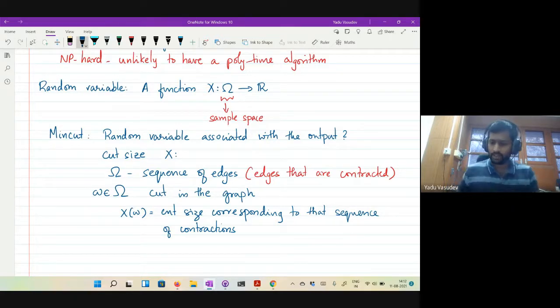So I guess you get the idea of what a random variable means. In a randomized algorithm, there is some random variable associated with it, and our job is to understand the properties of that random variable. Any questions so far?